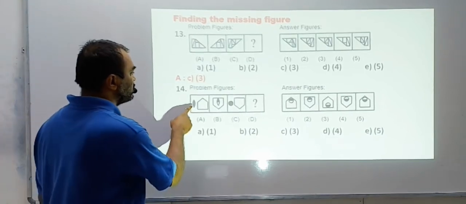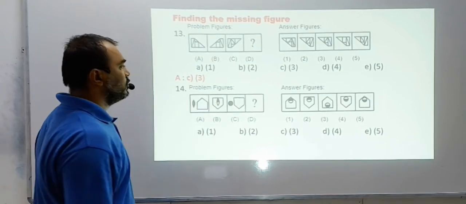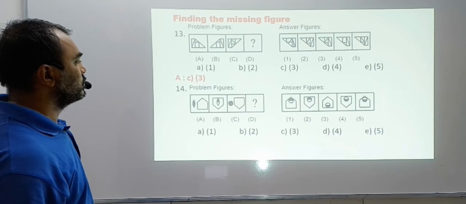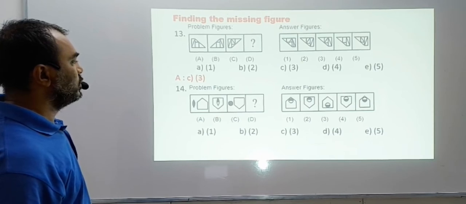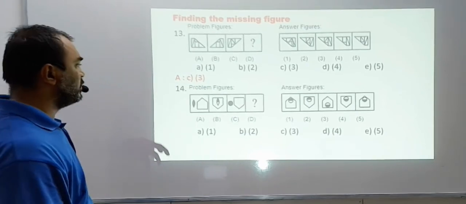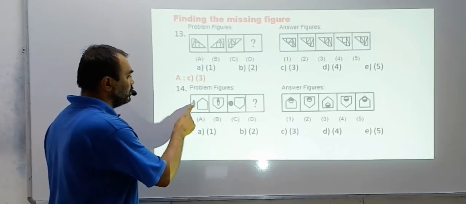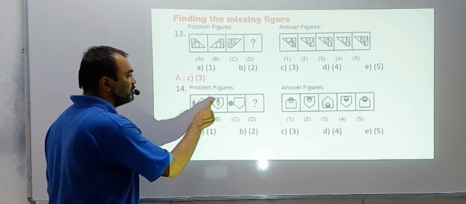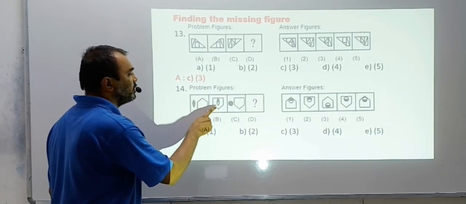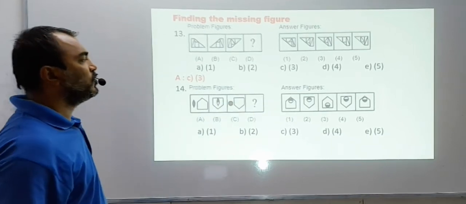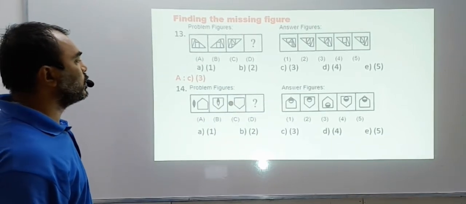Now where this leaf is touching to the flat part. I hope you are noticing everything here. See, this is so many things to see here. The leaf has gone to the top, but you can even say the leaf is touching the flat part, not the pointed part, the flat part. So here also the circle should go towards the flat part or the pointed part. What do you suggest?